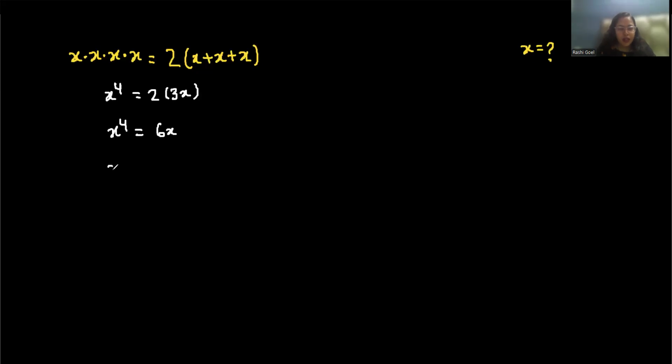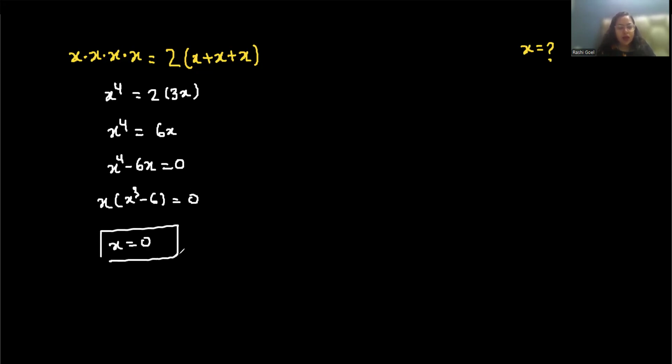So first take all the terms together. Now factor out x. So x(x^3 - 6) = 0. So x is equal to 0. And here x^3 - 6 equals 0. So x^3 is equal to 6. So the real root is,